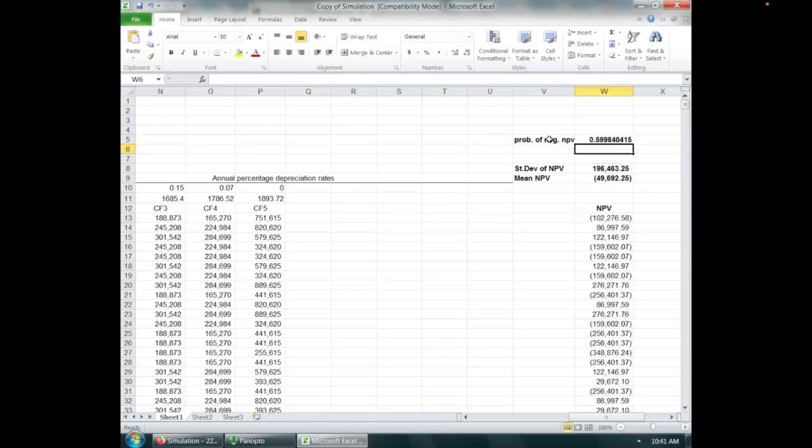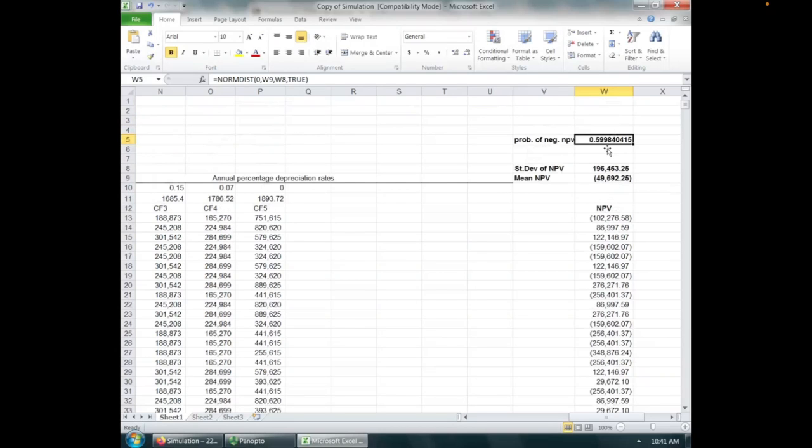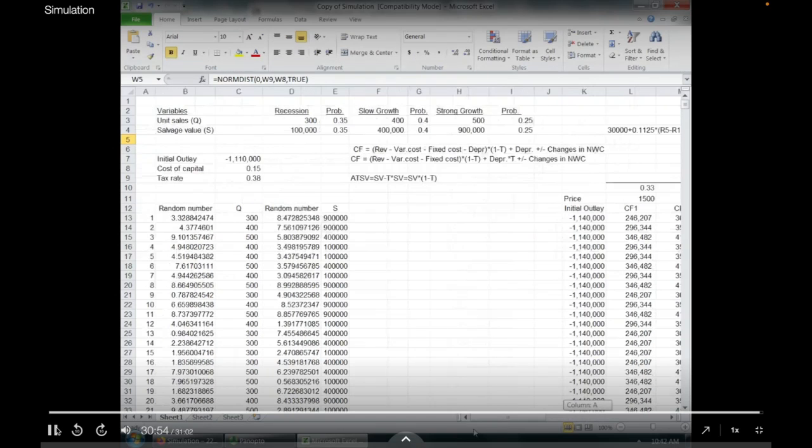And then it calculates the probability of realizing a negative NPV. Or alternatively, you could simply count the number of negative values here out of the total of 25. That should also give you more or less the same probability of a negative NPV. Okay, so that's pretty much it for